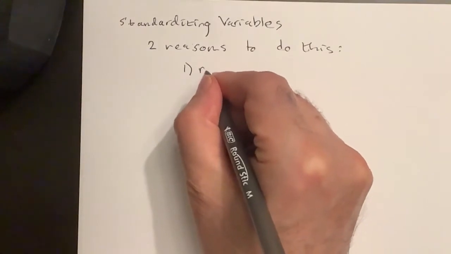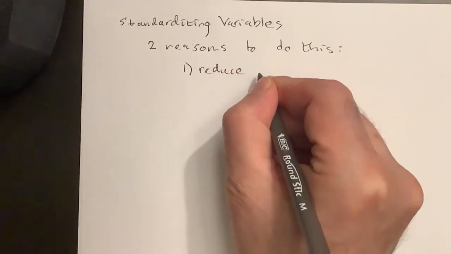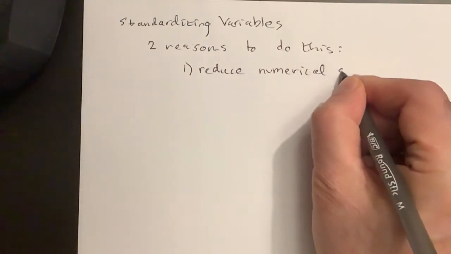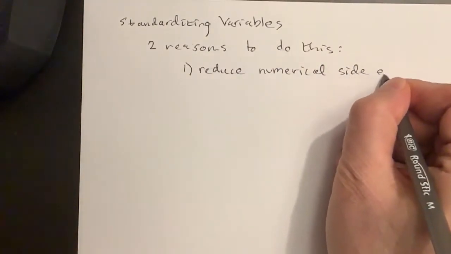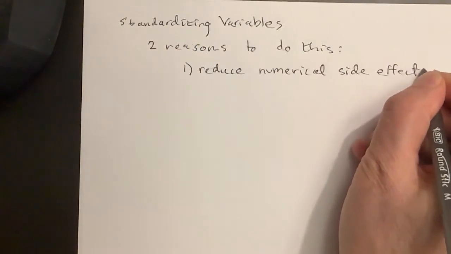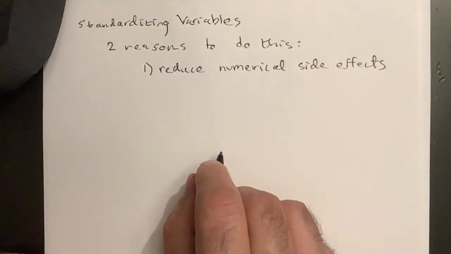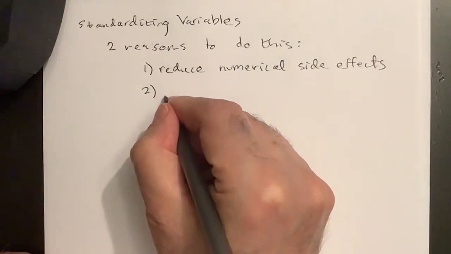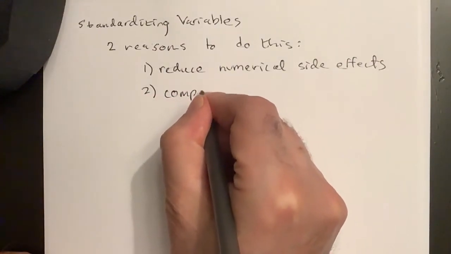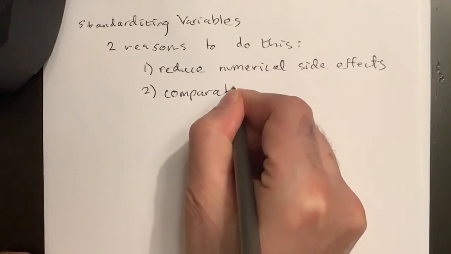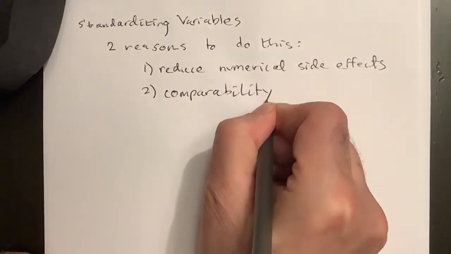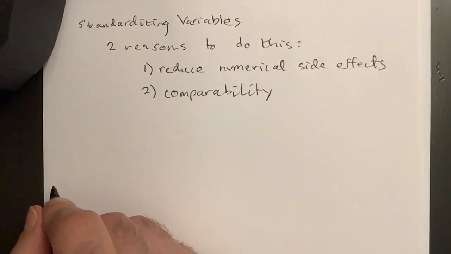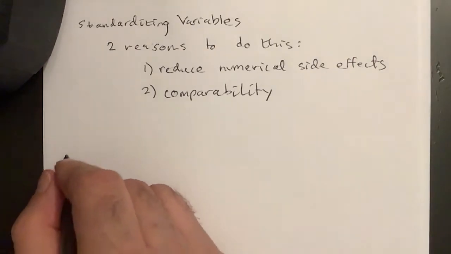One is to reduce numerical side effects. And two, for comparability. So rather than talk about them now, let's go into them in detail, just a little bit of detail. So first, one,